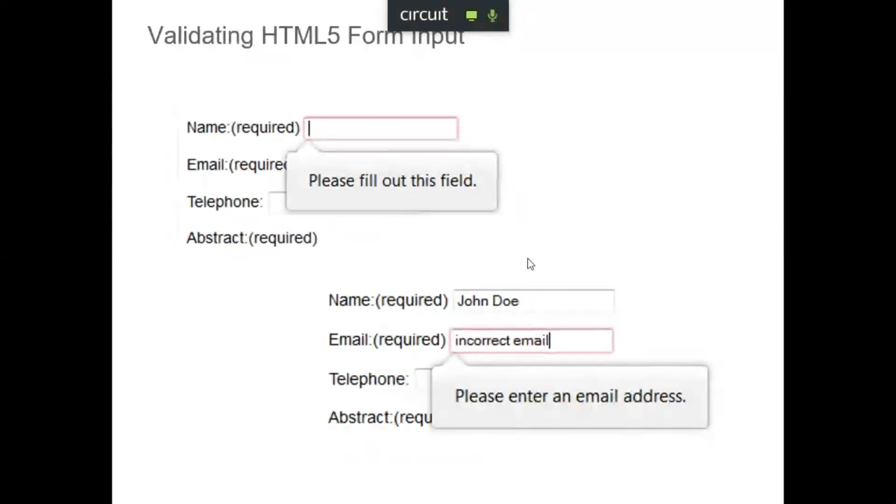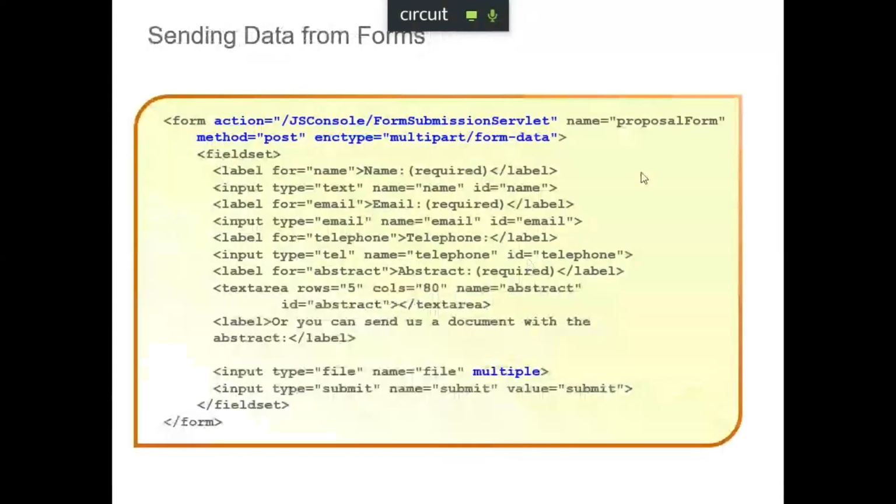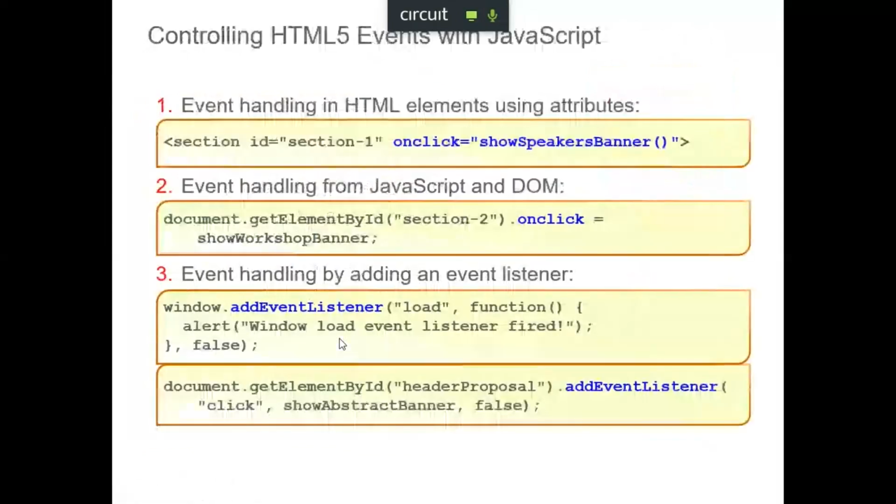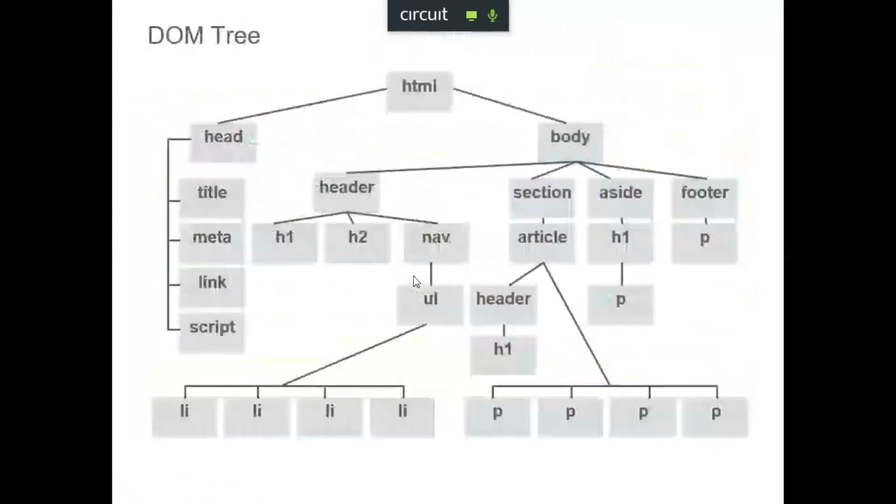So inbuilt JavaScript actually implements that task. Now we can define some events also, but since we're not going to focus on events now,